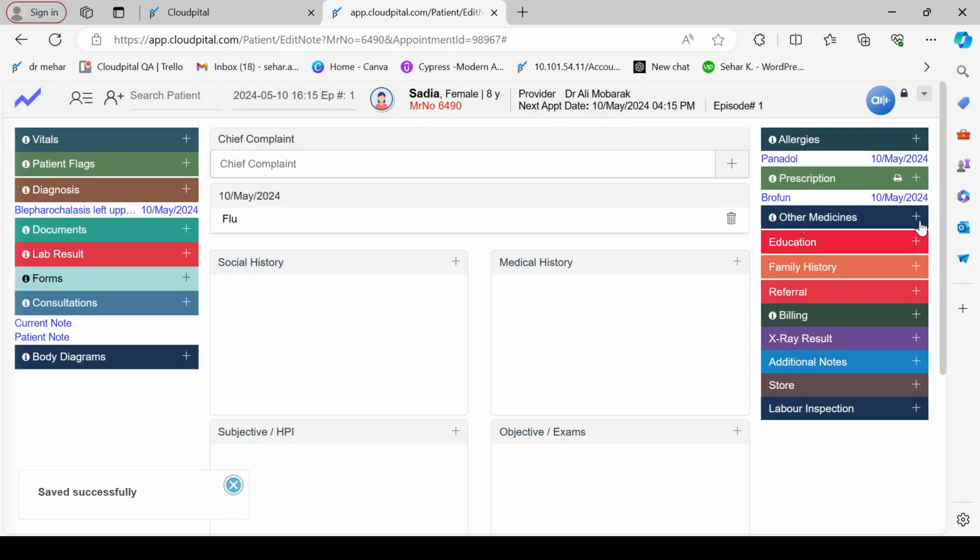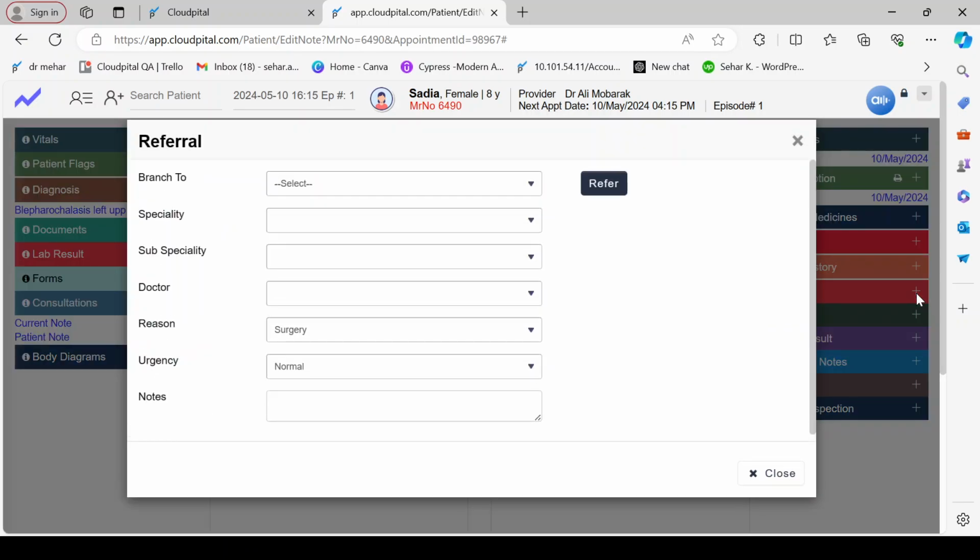After that, we have other medicines. We can add other medicine in here. We can add education records, the family history records, and the referral. Referral is basically a very important feature in our system. In this screen, we can refer a patient from one branch to a different doctor as well. If I select the health clinic branch, there are multiple specialties in this branch.